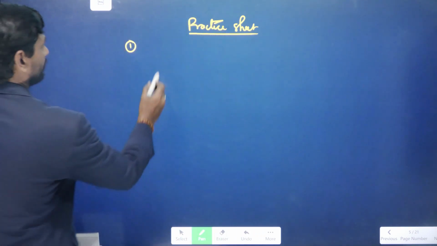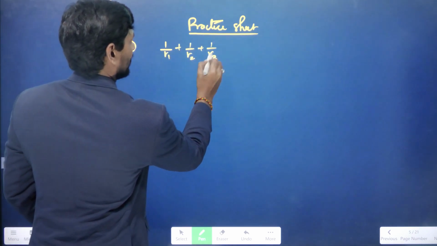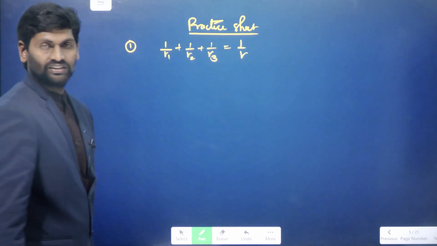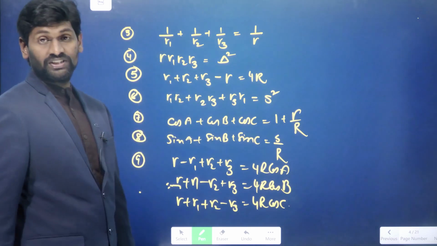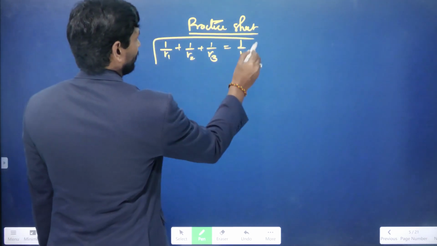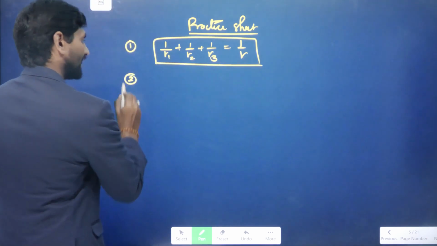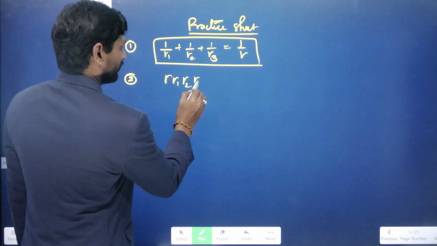In the practice sheet, mostly concept-based questions will be given, so we can directly identify the formulas. The first one is 1 by R1 plus 1 by R2 plus 1 by R3, which we discussed in the note points. That is the third note point, so from this we can write 1 by r. Now the second question, R into R1 into R2 into R3 is equal to